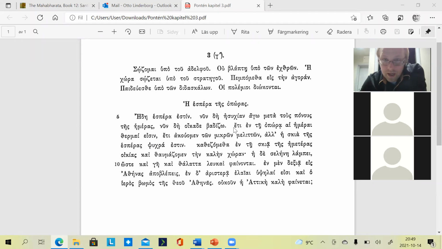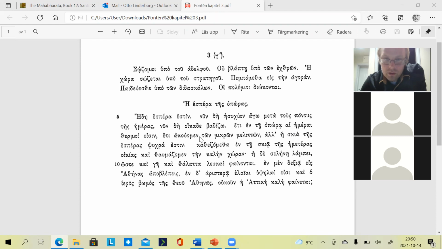So eti means still, and this opera was in the late summer. So still in, preposition in, still in or during the late summer, hai hemerai, the days, thermai eisin, are warm. So in the late summer, the days are still long. And then we have